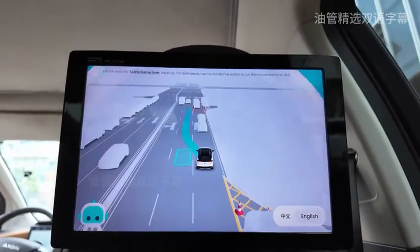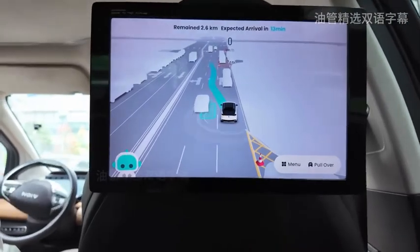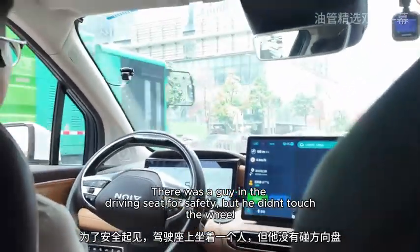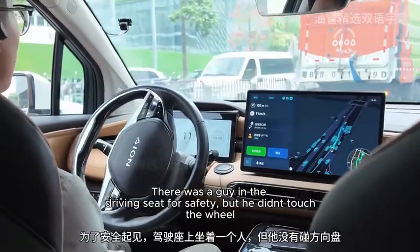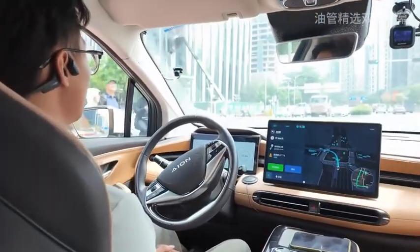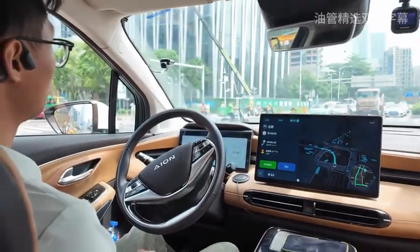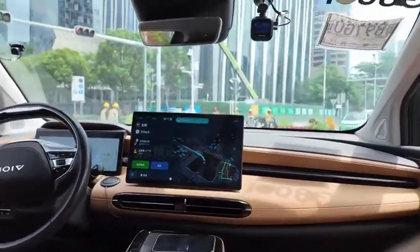We are about to start. Please make sure your seatbelt is securely fastened. You can contact us by tapping the assistance button. 欢迎乘坐小马智行 Robo Taxi。我是远程协助专家 Popo。 It is turning just by itself, and you can see it's mapping out the road, making